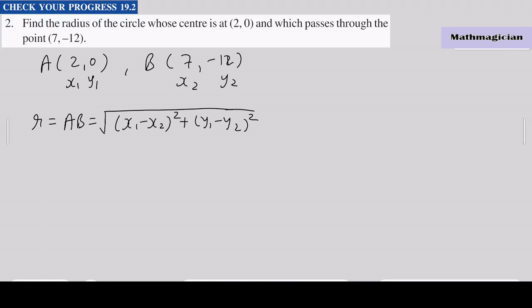So, question 2, exercise 19.2. We have written A as (2, 0) and B as (7, minus 12). We need to find the distance between A and B, which is the radius of the given circle. So let's say R is equal to AB, which is equal to the square root of (x1 minus x2) square plus (y1 minus y2) square. Now let's substitute the values. 2 minus 7, whole bracket square,